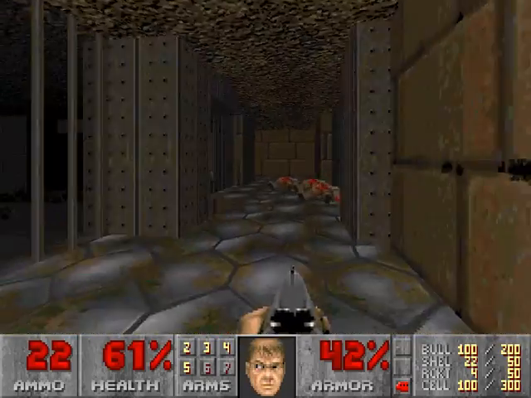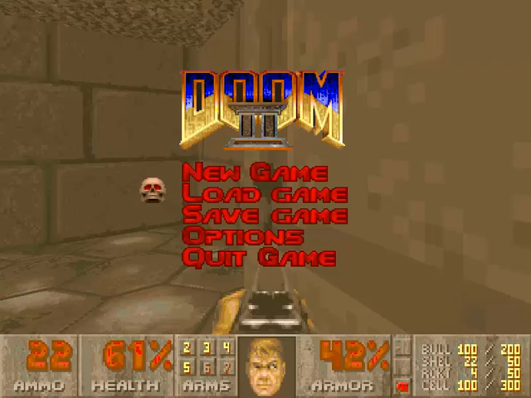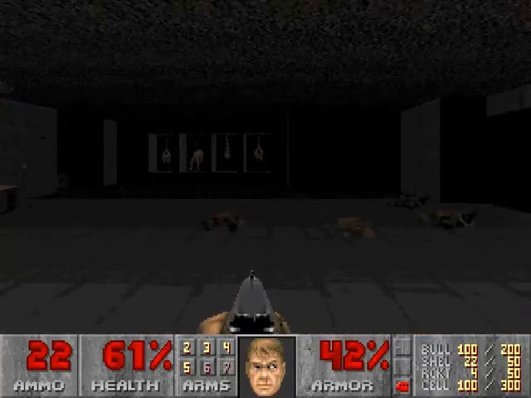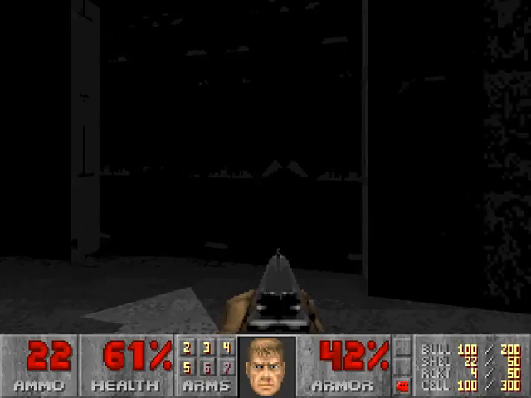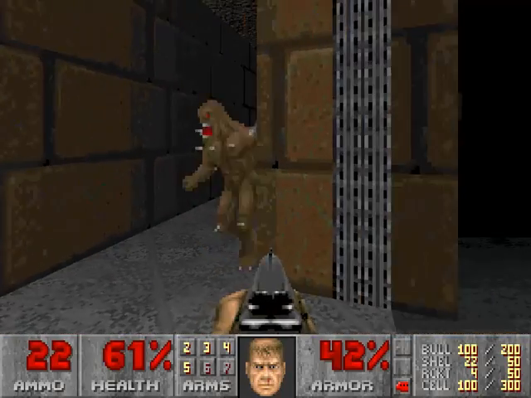So let's go this way. 62 of 124. I'm going to go ahead and save it. And let's see. I'm going to go down this way. I could go down in that section, but I'm not going to go there just yet. Now that I got the red key card, I actually want to go this way. We've got 400 shells, but